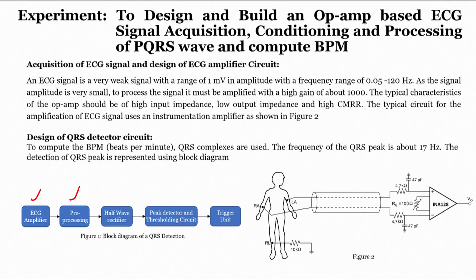Generally, negative peaks are called valleys, but when we design a circuit, no matter what, it may give either a positive peak or a negative peak. Since we are interested only in positive peak values, if we pass through a half wave rectifier, the negative peaks will be completely removed. So, that is the reason we have to design a half wave rectifier, but it is not mandatory. Even simply we can go with a positive peak detector and a thresholding circuit, and implement that without a half wave rectifier too. But if you have a half wave rectifier, we do not even have to worry about the negative peaks at all. So, now how do we do half wave rectification?